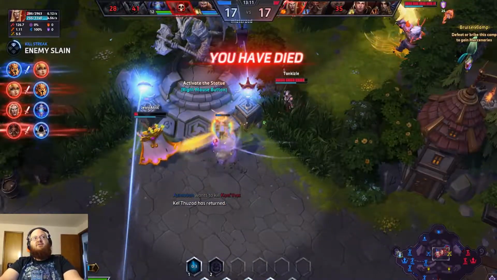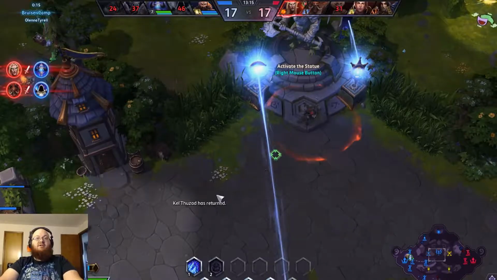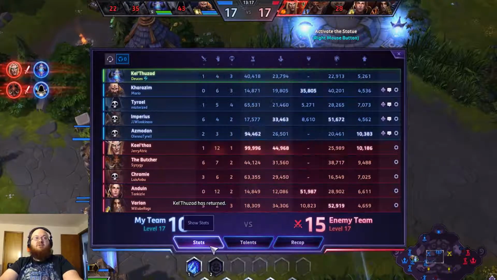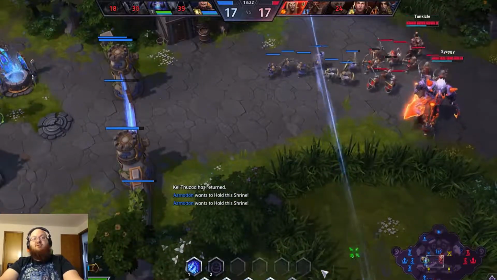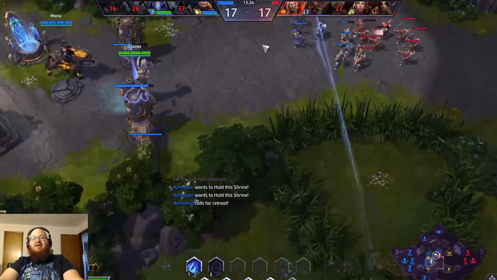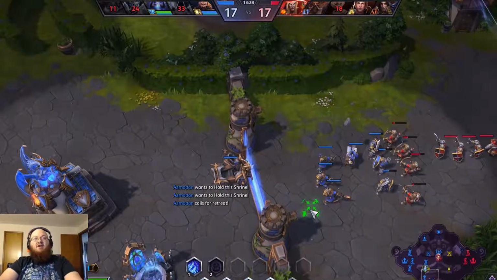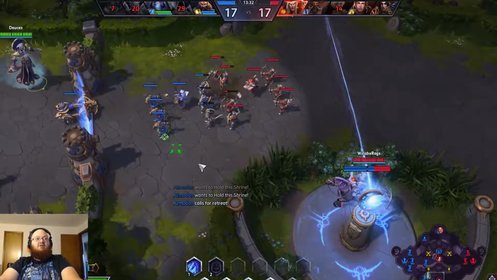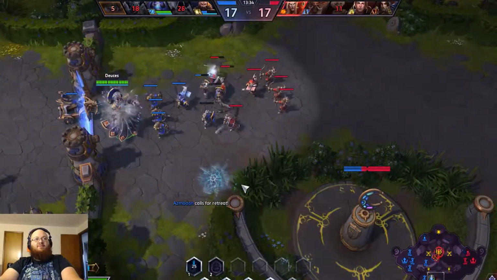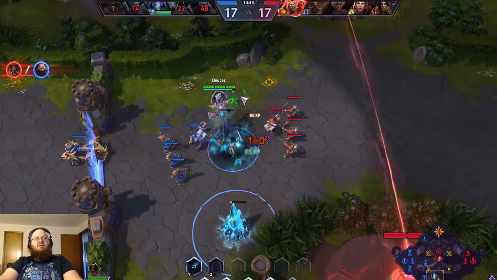Okay, so we're using our phylactery to come back immediately. I'm doing bad, and I don't mind saying so because I already told you. I picked up Hunger and Cold, and what that does is any enemy who is disabled, rooted, slowed, whatever, is going to take more damage. And Kel'Thuzad primarily deals in that. So we're going to Glacial Spike right here, and I missed my ability, so we're just going to...